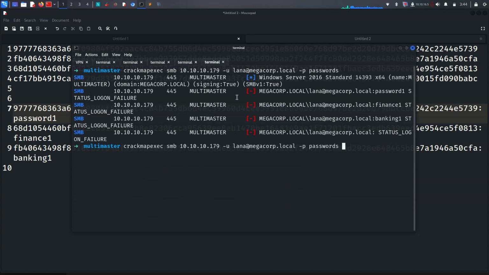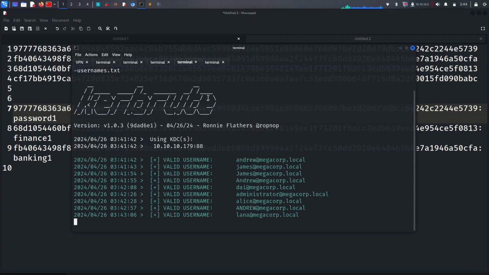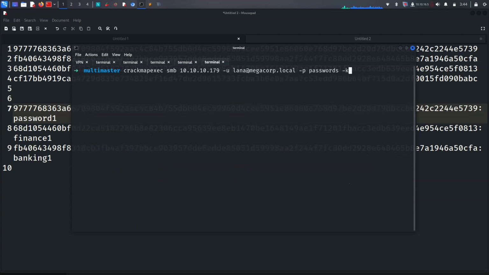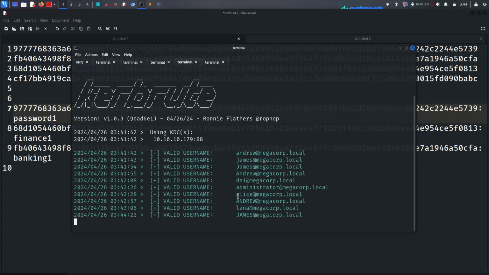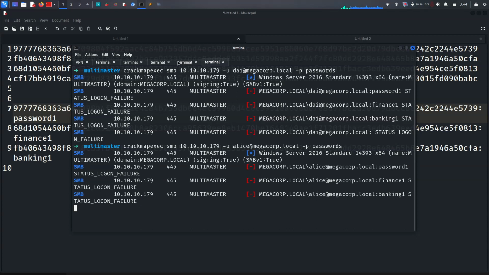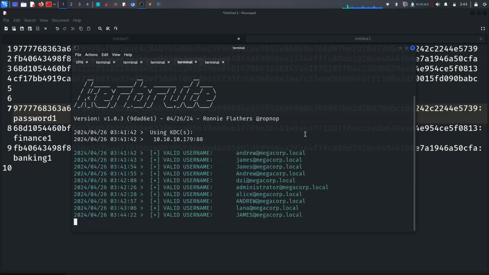Nope. Let's try with dash k. Okay. Nope. So let's do it again with another user we found, the AI here. Okay, what about Alice? Let me check what's going on here. Alice looks like it doesn't work too. I don't think it's gonna work for administrator, or should we try to get